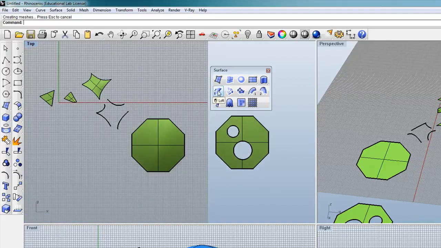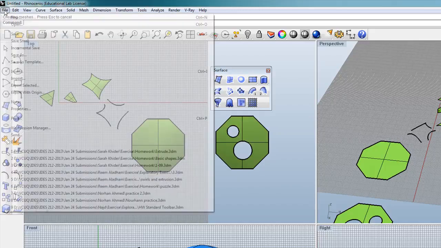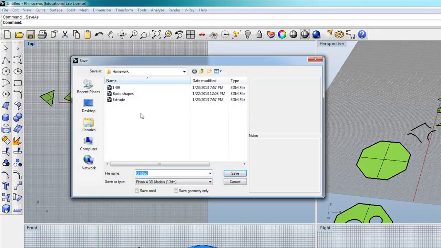And the next one I'm going to introduce to you is loft. So I will save this one to my demo folder and then open my